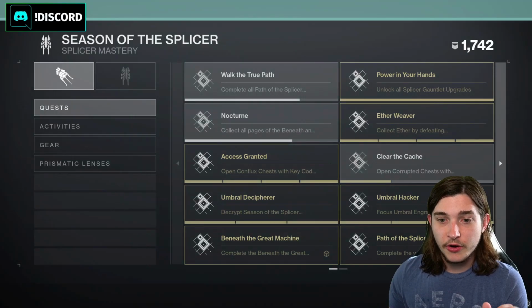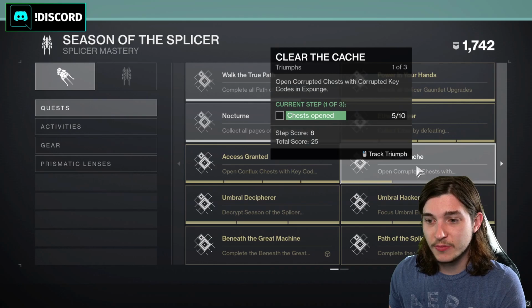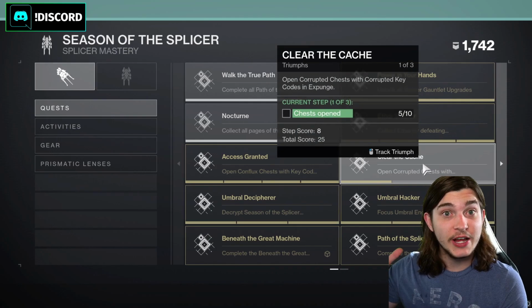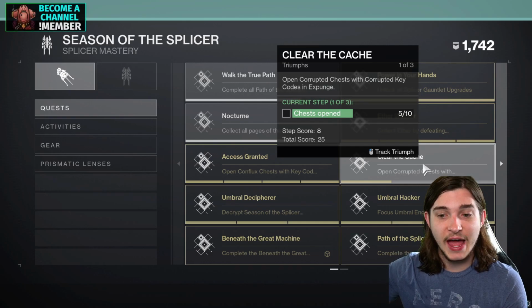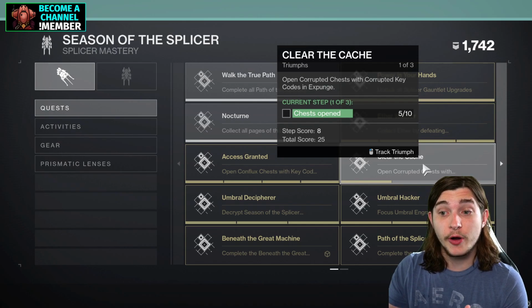Hey everyone, so there are two triumphs that I've been working on farming over the last night. The first one's going to be opening, I believe it's 20 corrupted chests. These are the new chests in the corrupted expunge missions that actually give you really good loot, so I would recommend farming these anyways. If you need to farm corrupted key codes to open the chest, they either drop from